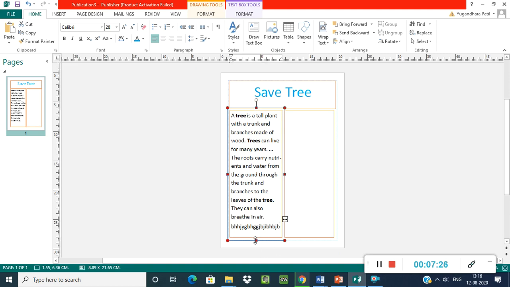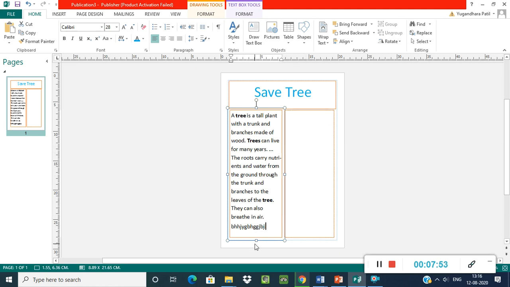I don't want this. I just want to continue my text in another text box. After I finish writing here, this writing will continue in this third text box.